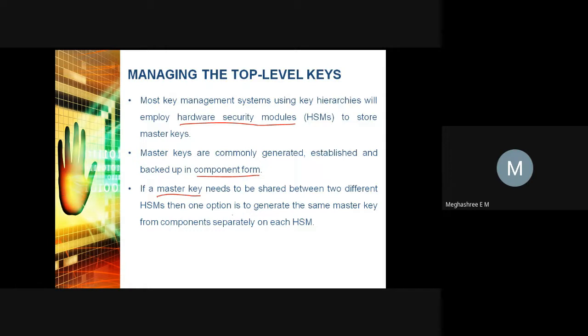The solution is to generate the same master key from components separately on each HSM.